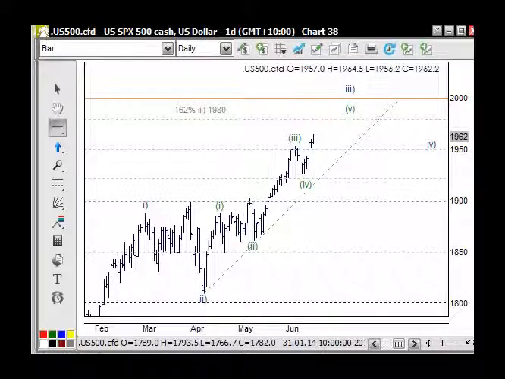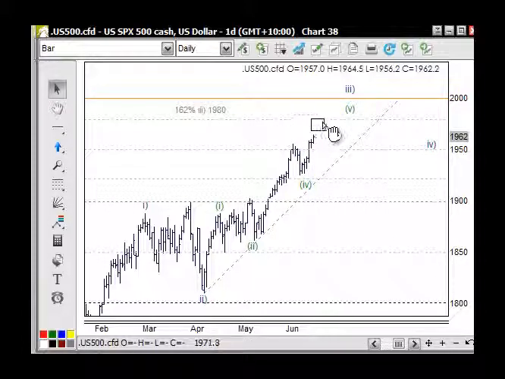Welcome to the indices, and here we're looking at the S&P 500. And look, in a bit of a nutshell, in the bigger picture, we're looking up at 2000. However, in the short term here, we're still looking further up, and in fact, this wave 3 here can be up here as well. But not to worry about that just yet.